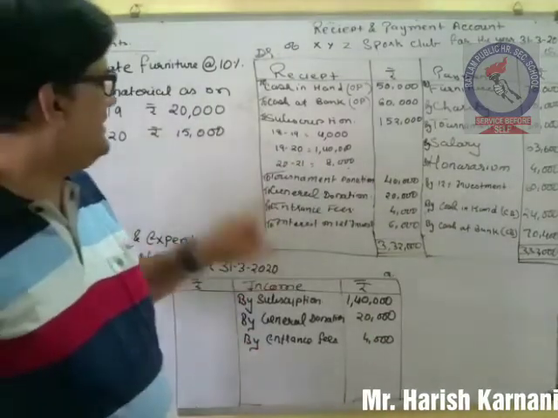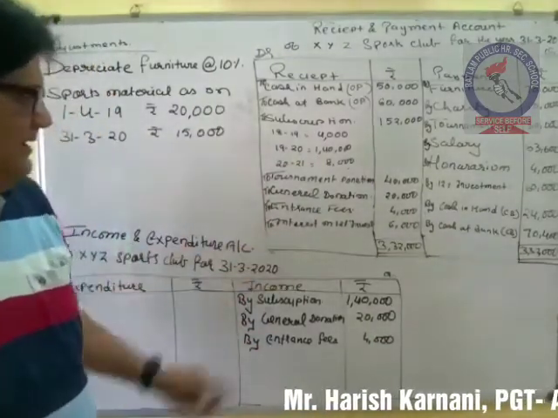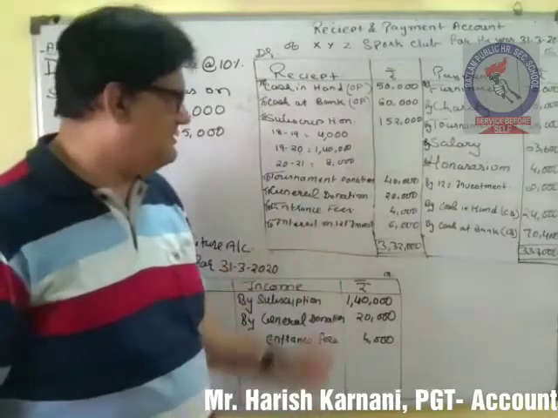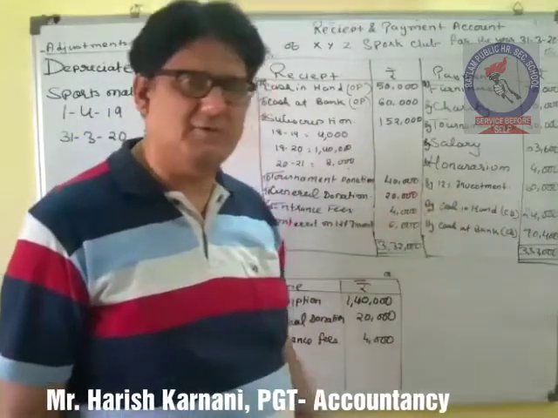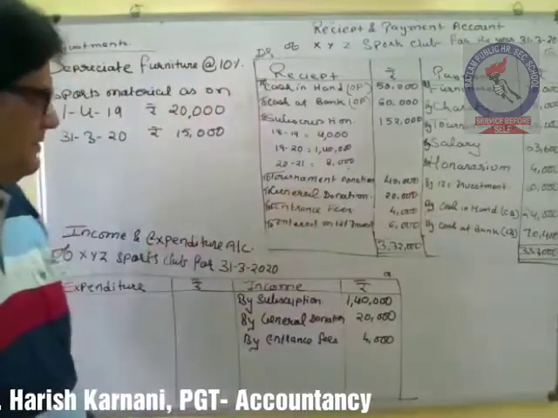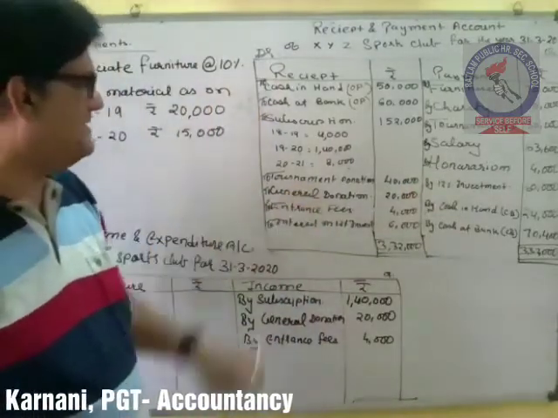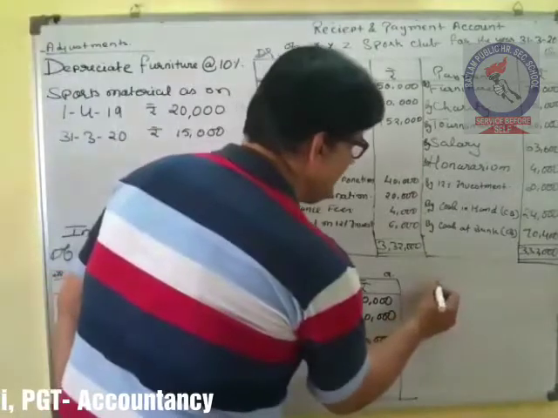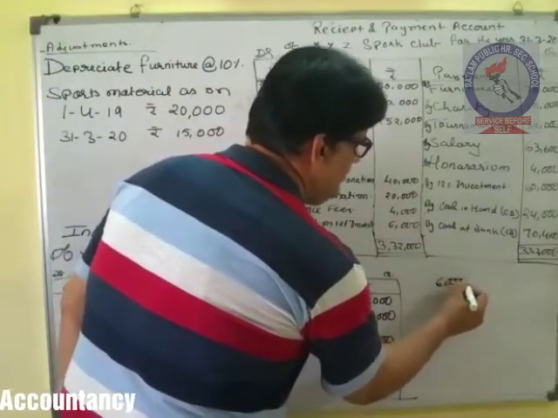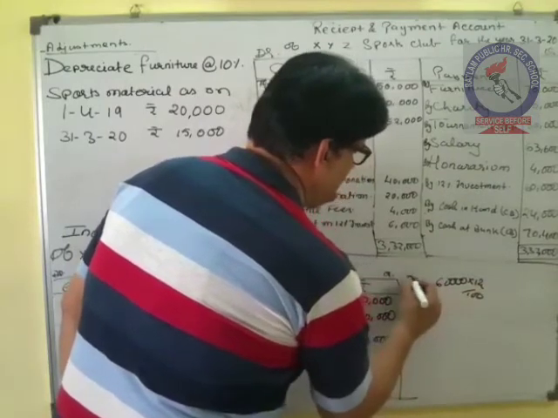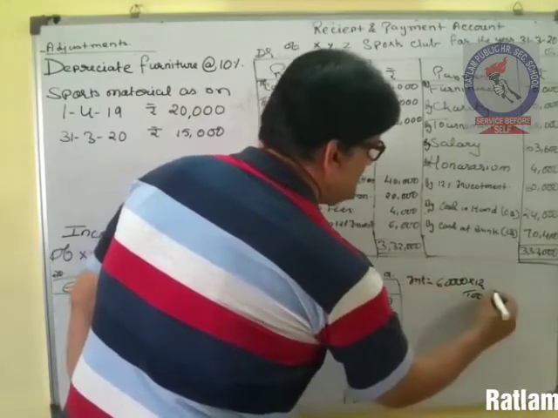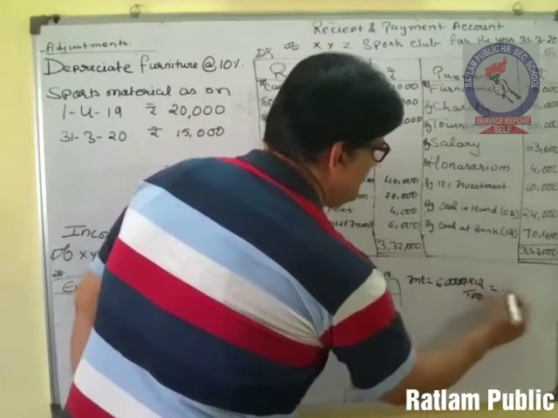Then comes interest on investment. That is interest on 12% investment. We have made a 12% investment purchase of 60,000. So on this 60,000 we are supposed to get 12% interest. So see, 60,000, 12% interest. So that becomes